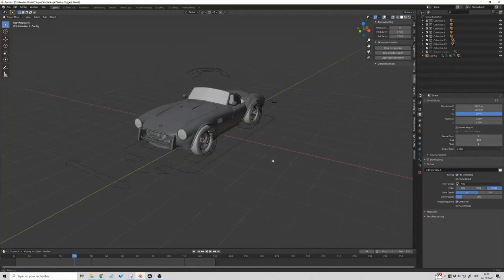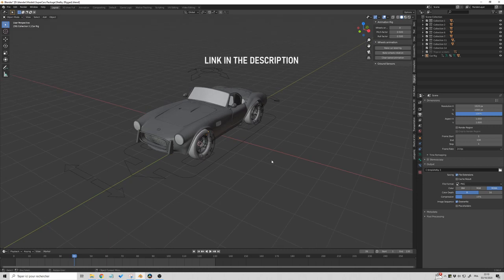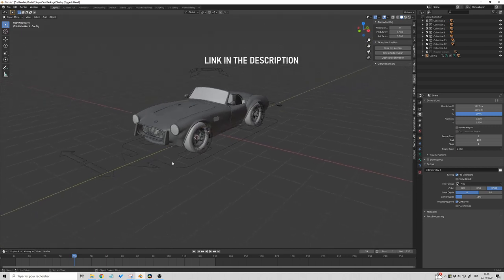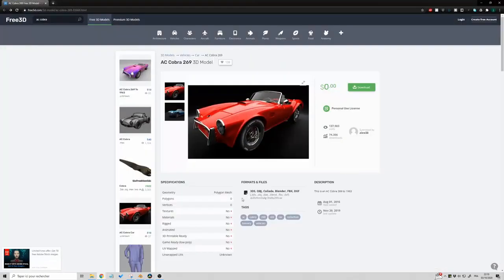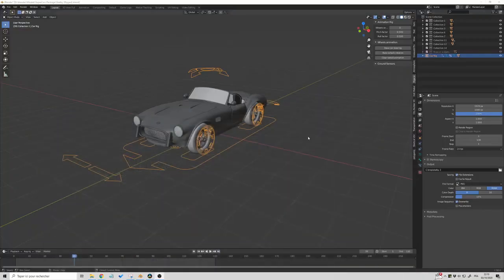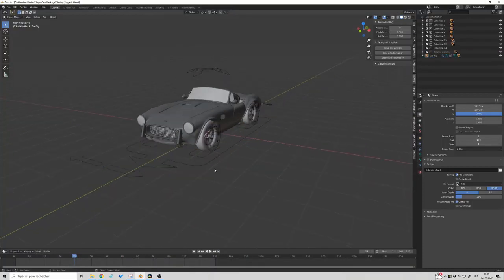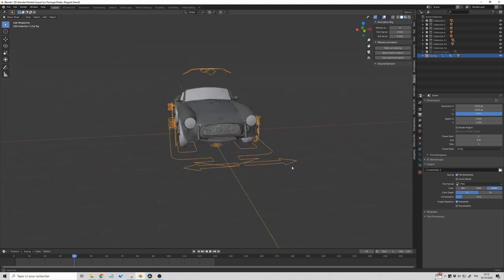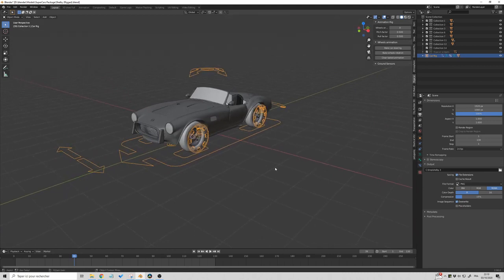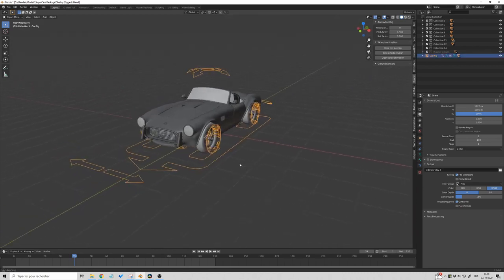And I did promise you a surprise at the beginning of the video, and the surprise is this car already rigged. This model is not from me. This model is from Alex38 on the website free3d.com. So thanks to Alex38. And what I did is I added the rig on the car so you can follow along. And also it's a good thing to have this model already rigged, because if you want to apply this rig on your own car, now at least you have an example already and correctly rigged.